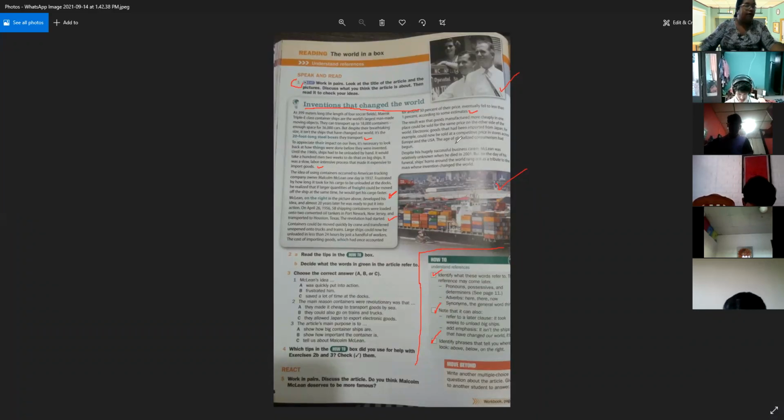Oriel, can you read the next paragraph? Yes, teacher. Containers could be moved quickly by crane and transferred unopened onto trucks and trains. Large ships could now be loaded in less than 24 hours by just a handful of workers. The cost of importing goods, which had once accounted